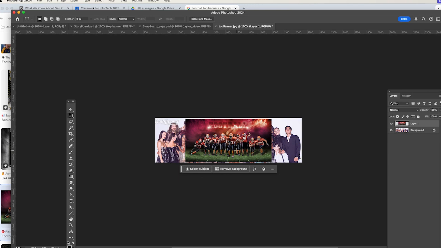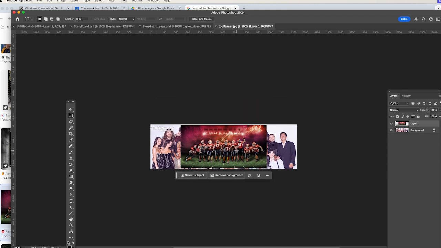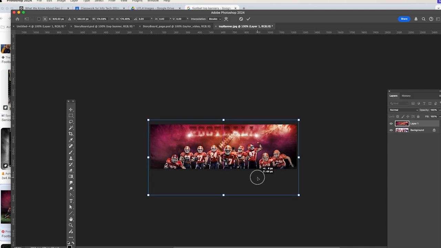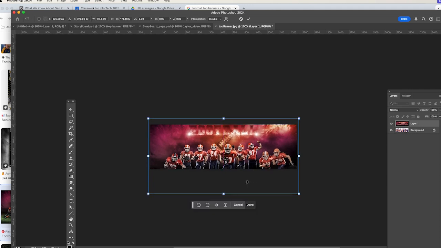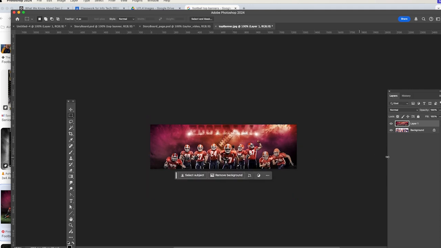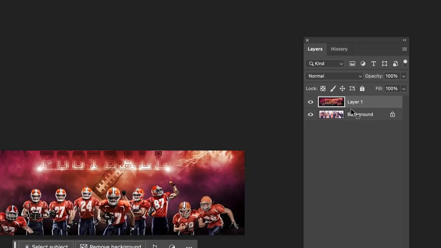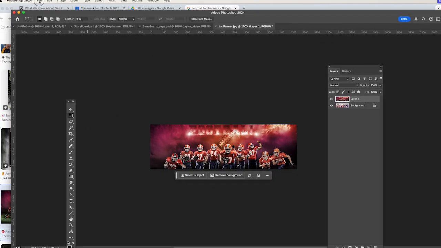So if I bring this in, I would do a Command T and stretch it out a little bit. Okay, you see that? Now I'm going to bring this up. That looks pretty good actually. And then you notice how the layers, there's two layers here. You can just go ahead and file,